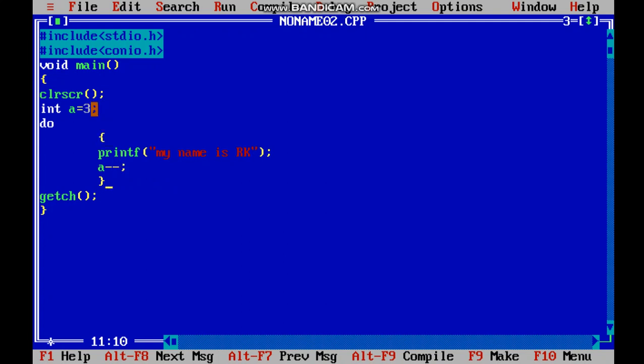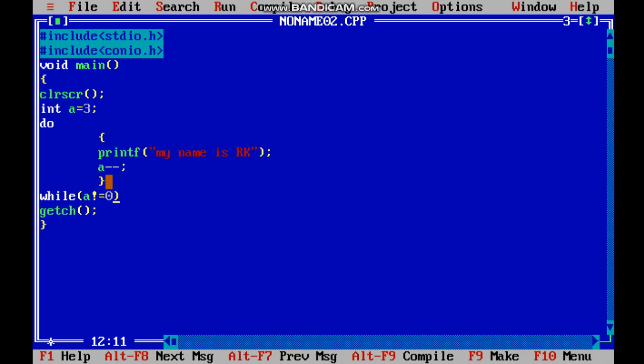First a was 3, and the a value is 3 till now. As soon as it meets a minus minus, a will decrease its value by 1 and a becomes 2. Now here we are going to write the condition: while a is not equals to 0. Unless a is equal to 0, this particular loop will execute.